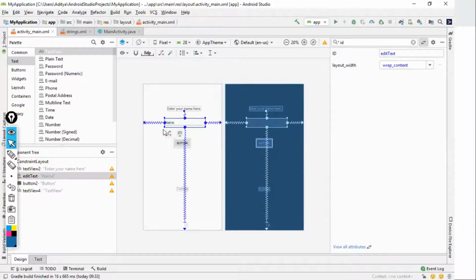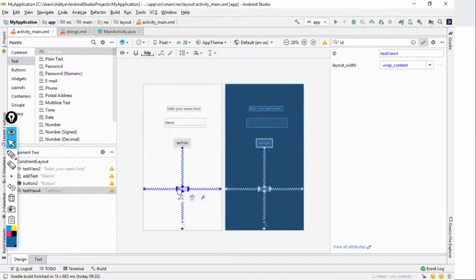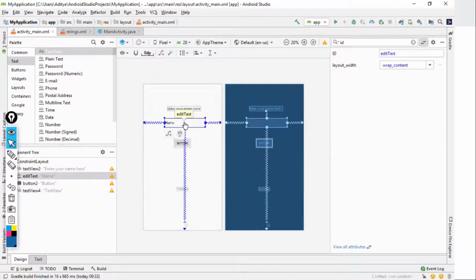Why have I given an ID to edit text? Even if you're not giving one, for example, in your Hello World program, you didn't give any ID to Hello World or your name, right? But still it was visible on the screen. So it's not that if you don't give IDs, it won't be visible on screen. It would definitely be visible. The only thing is, if you want to interact with it, if you want to do something with it, then you need to give an ID to it. My task is whatever the user adds here, I want to copy that data, and on button click, I want to show that data on this text view. So obviously I would be interacting with this one. That's the reason I gave an ID to it.